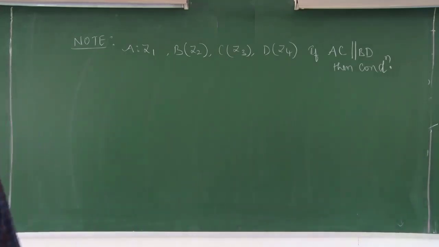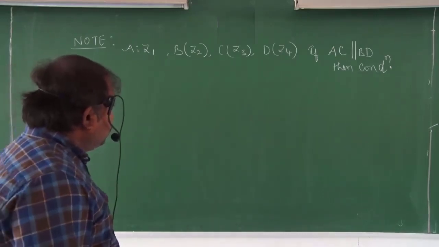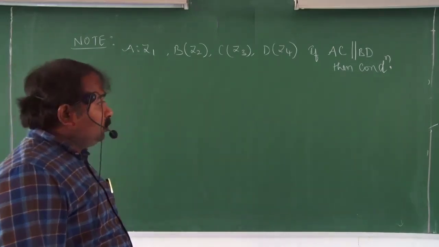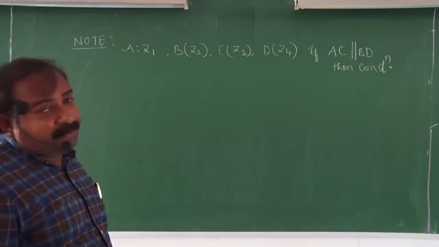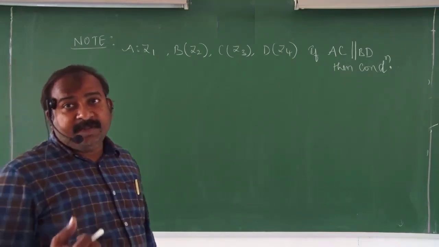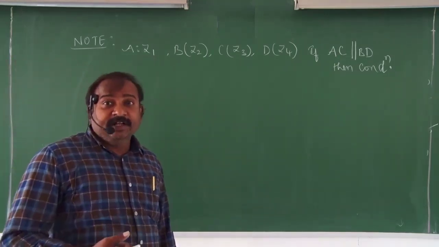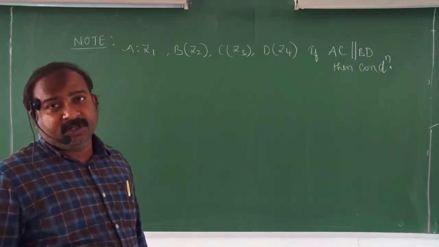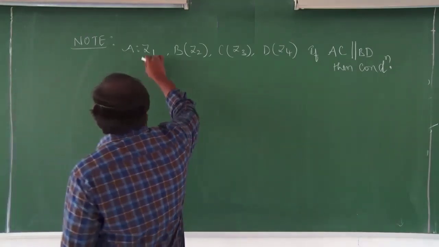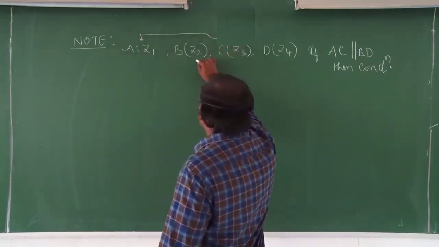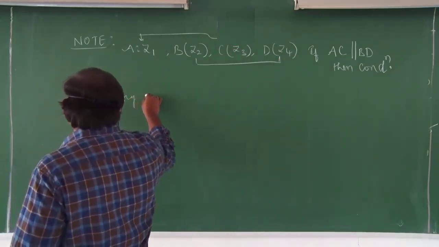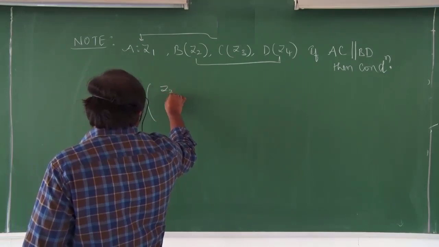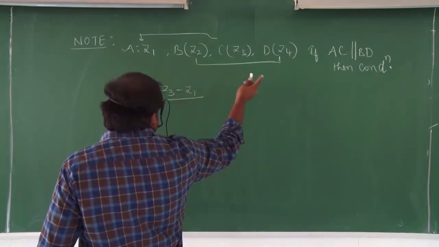For example, A of z1, B of z2, C of z3, D of z4 means those are the points in the Argand plane. If the AC line is parallel to BD, then what is the condition? These are geometrical application bits. AC means this one, BD this one. So automatically, if you calculate the argument of z3 minus z1 by